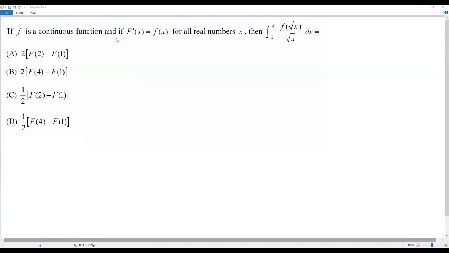Here we have an AP Calculus AB problem. Okay, let's go to the question. If f is a continuous function and if capital F prime of x equals lowercase f of x for all real numbers x,